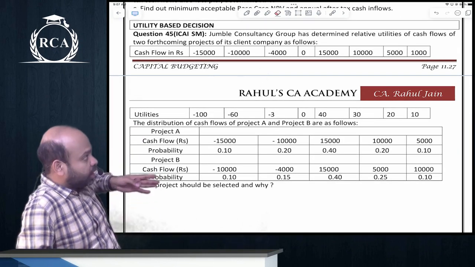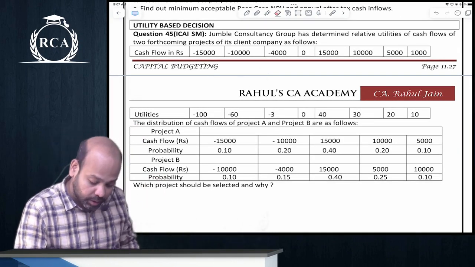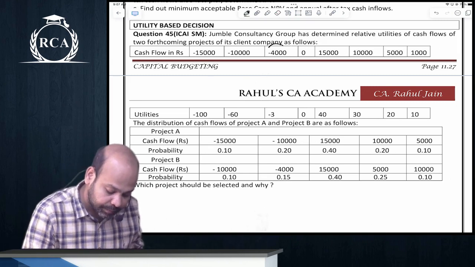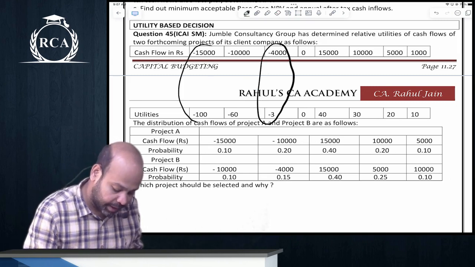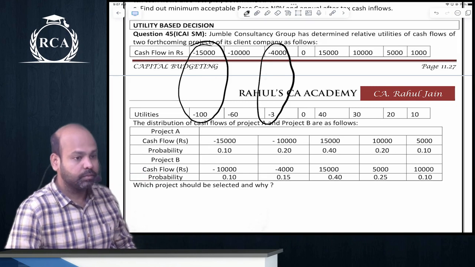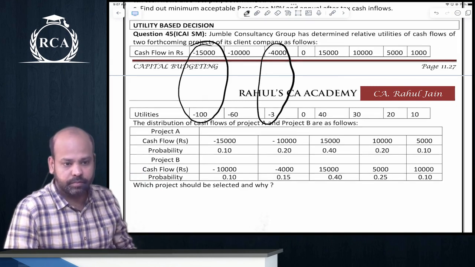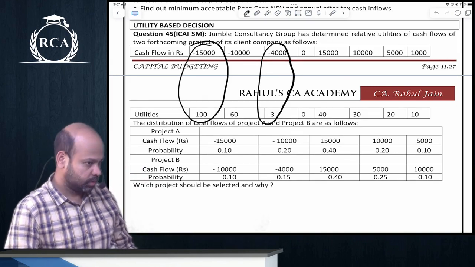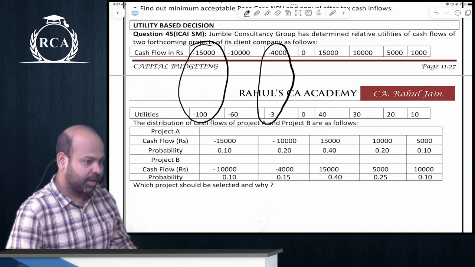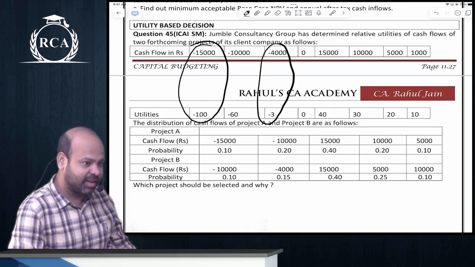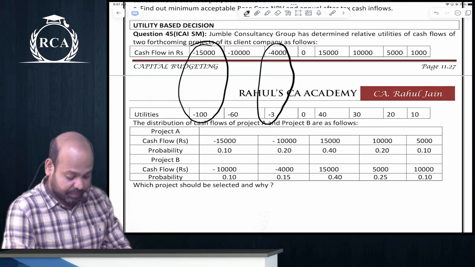नेगेटिव कैश फ्लो के लिए उल्टा रहता बेटा, क्योंकि we have to repay. जैसे यहाँ पे देखो, negative 4,000 का utility is how much? Negative 3. But negative 15,000 is minus 100. अर्थात् ज़्यादा नुकसान, because you have to repay them. You cannot tell them no. What is utility? Will you do it, guys? Now